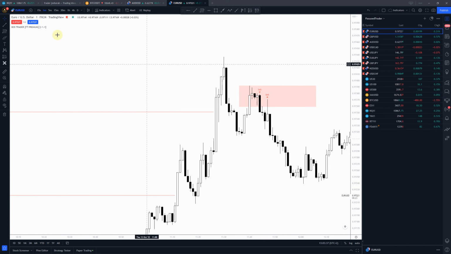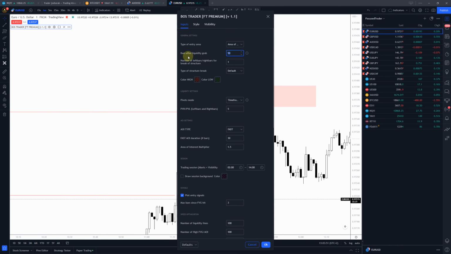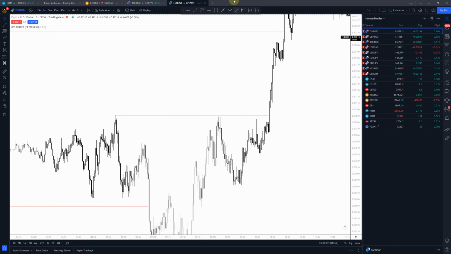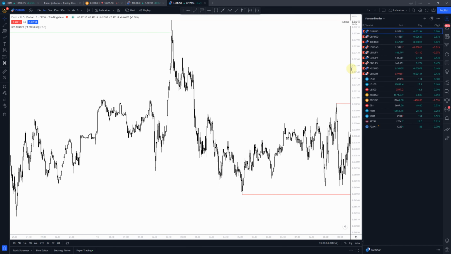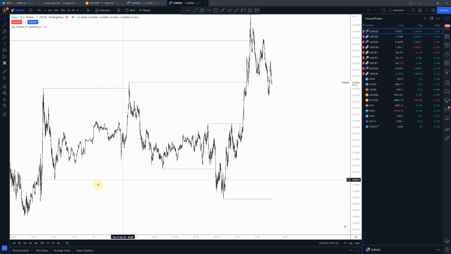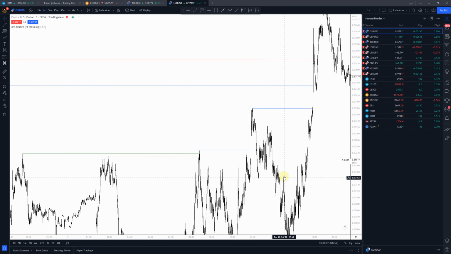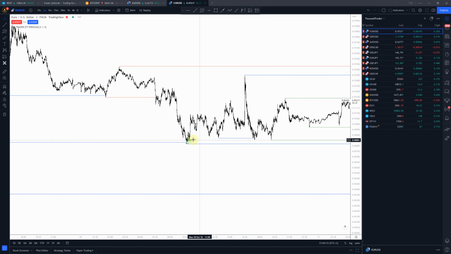Okay, so that's liquidity. This is a liquidity grab, and we can see that 1, 2, 3, 4, 5, 6, 7, 8, 9 bars after the liquidity was grabbed, the area of interest popped. So let me just set this number, bars after liquidity grabbed, to, I don't know, 5. Wait for it to calculate, and you see this area of interest is gone. So basically what this does is that it will show you the area of interest if it happens 5 bars after the liquidity was grabbed, which didn't happen here, it didn't happen here,